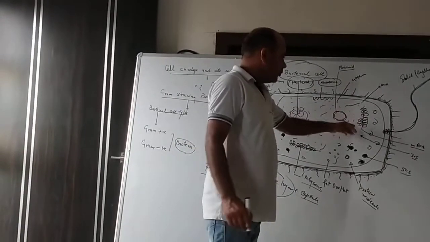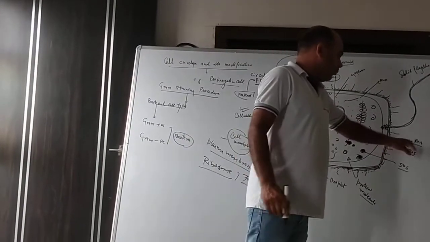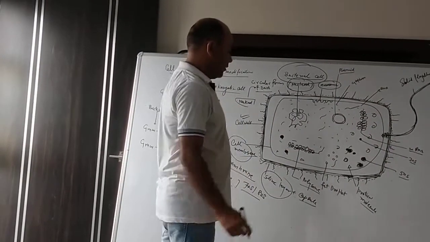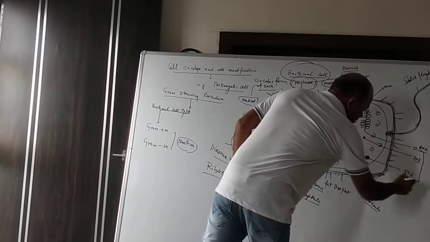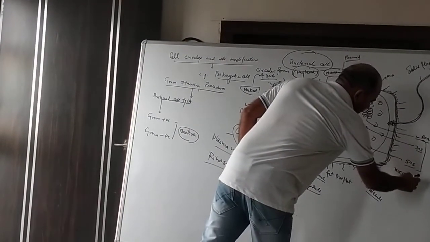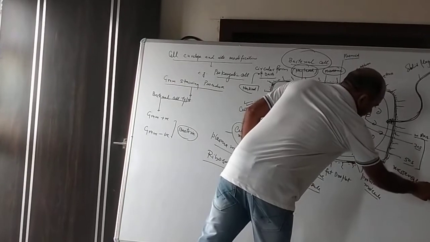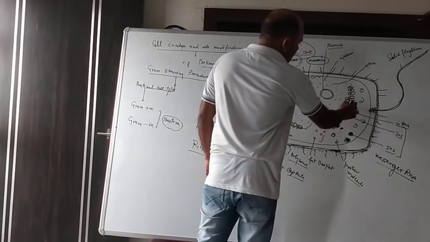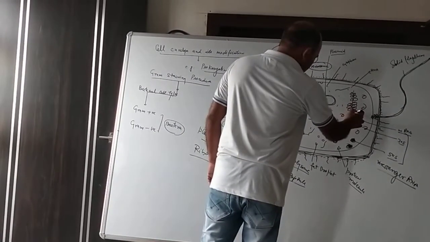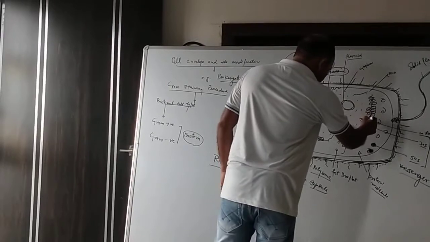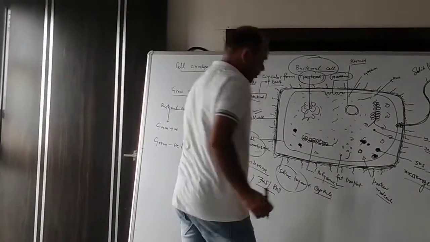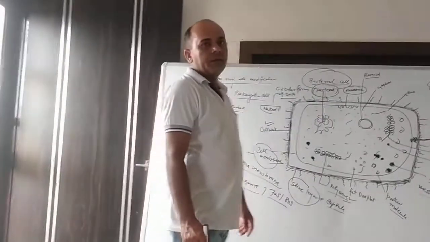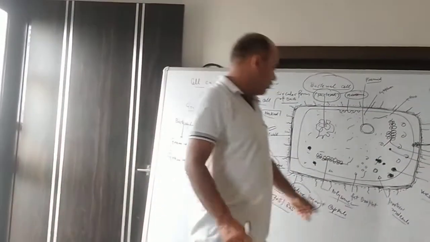These ribosomes are attached on a molecule which is called mRNA. mRNA stands for messenger RNA. This chain of many ribosomes attached on mRNA is given a particular name. The name is polysome. Poly means many, so many ribosomes. The arrangement of many ribosomes on mRNA is called polysome.